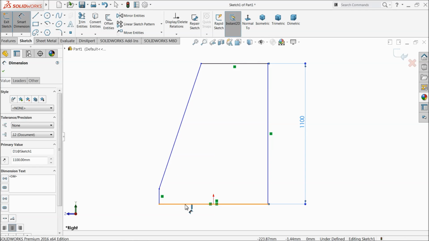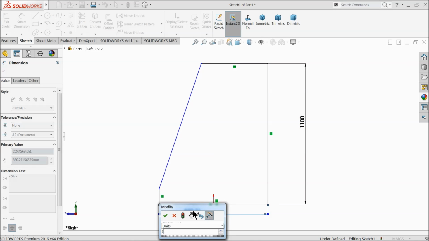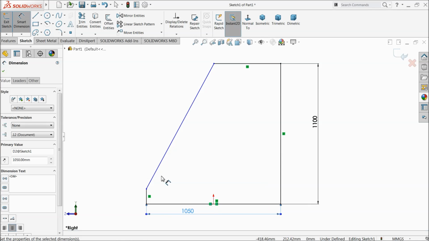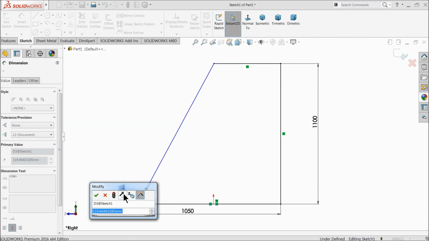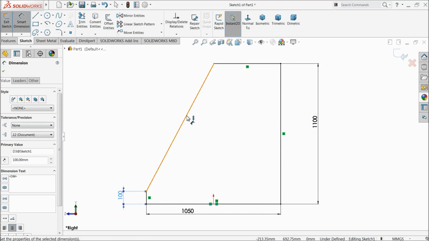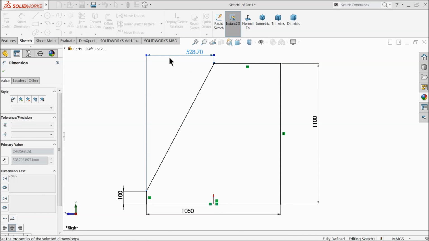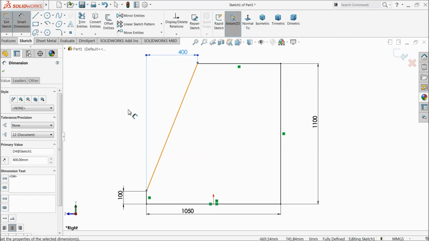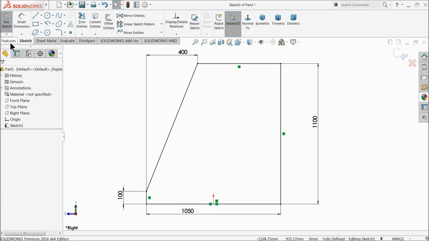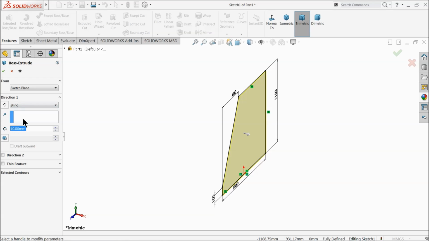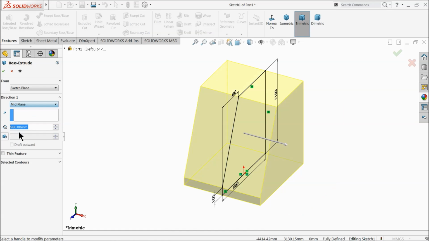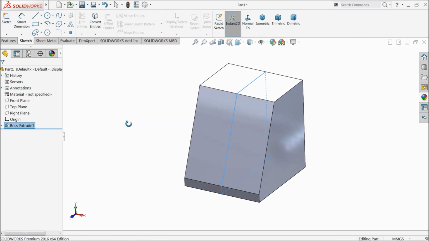1100 millimeter, 1050 millimeter, 100 millimeter. Let's make the horizontal distance 400 millimeter. Okay, go to feature and extrude it, and extrude up to 980 millimeter. Keep end condition mid plane. Okay,